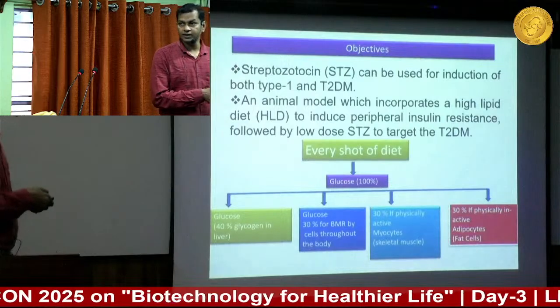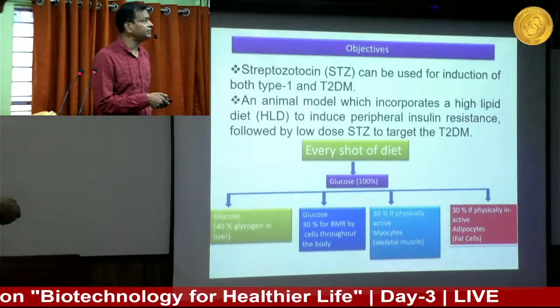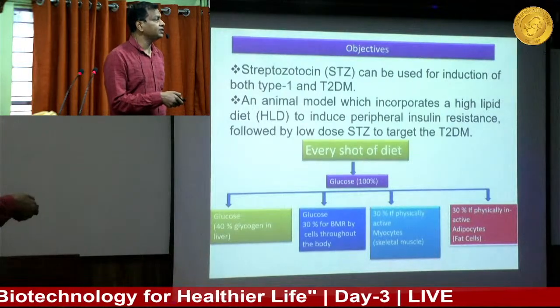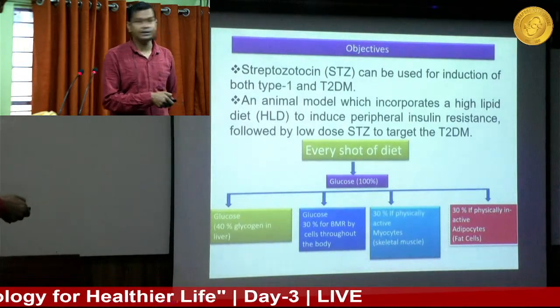We all know that, and literature said that. An animal model which incorporates a high lipid diet to induce peripheral insulin resistance, followed by low dose ceftazidime to target the type 2 diabetes